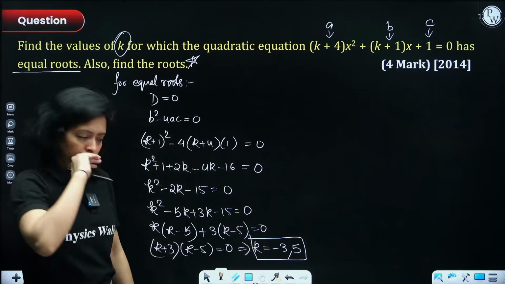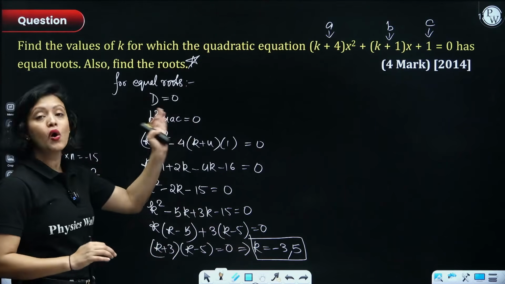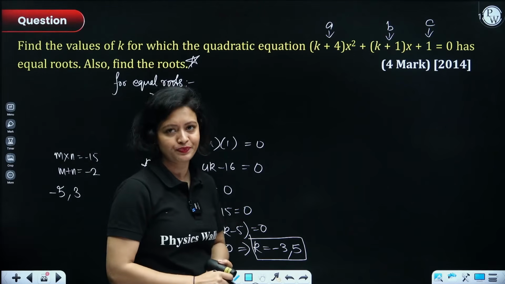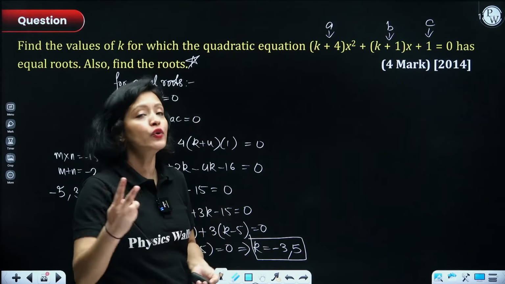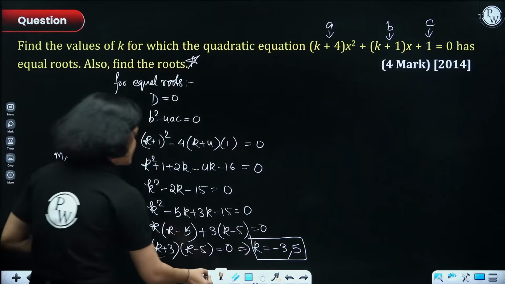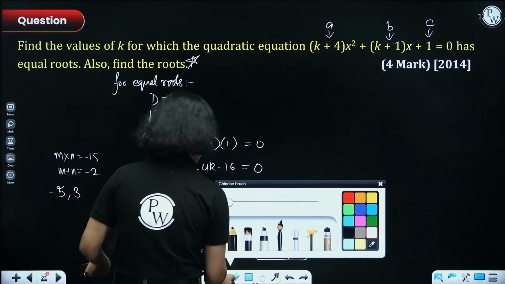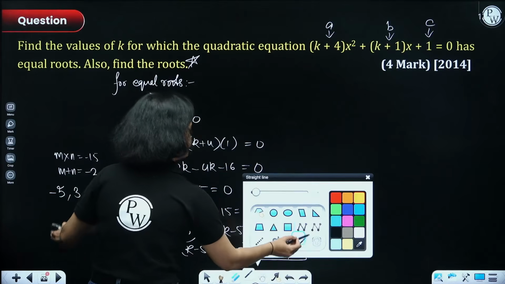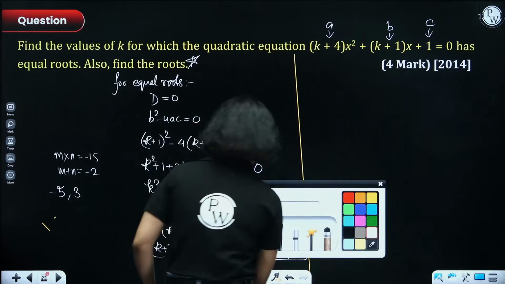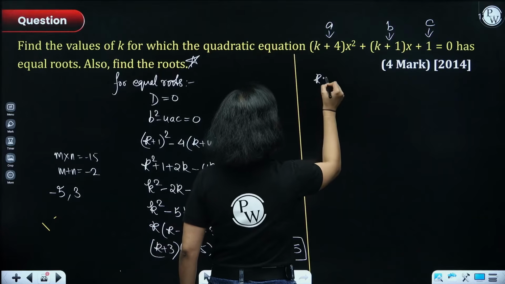Okay. But guys, the question is not over, because now they are also asking us to find the roots of these equations. In fact, two equations will be formed, right? Okay. So since we are getting two values of k, we'll have two equations. So let's write both the equations, everyone. Let's do it. Okay. So first of all, if I have k equals 5.